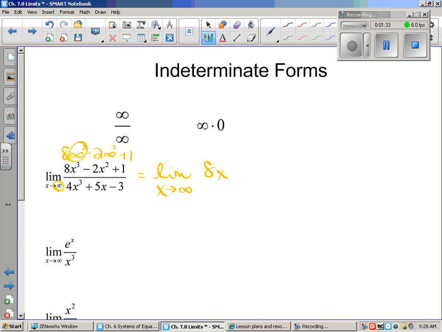So really, I don't care about the other stuff. The 8x cubed is the part that's going to win, or is the strongest part. It's going to rule the top there. And in the denominator, we're looking at 4x cubed as being the winner, so to speak, the part that really is going to take precedence over the others. And so once you understand that what you're looking for is the highest power of the top and the bottom,